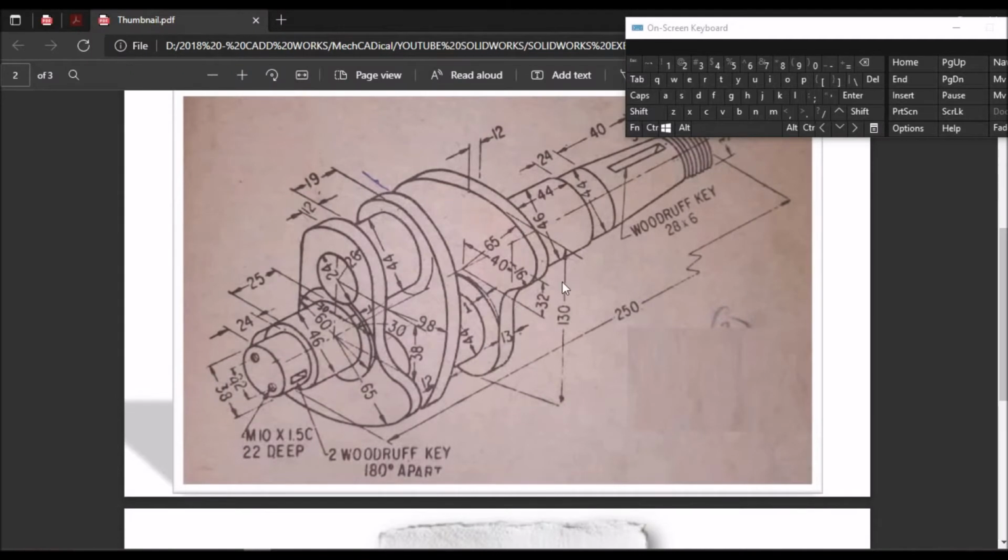So the same feature is at some offset and it is rotated at 180 degrees. So let's see what is the offset distance. So 19 plus this thickness. So offset distance is 19 plus 19 is 38. 38 plus 12, thickness 50.